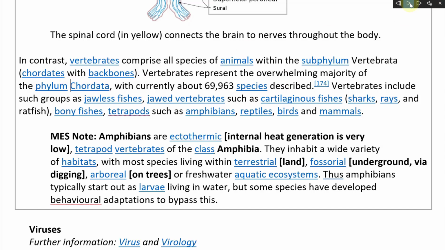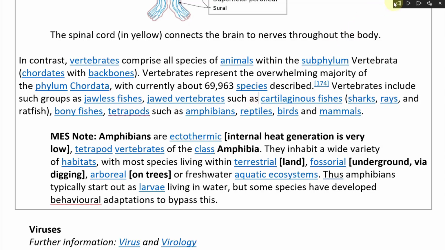Let's see the pronunciation here. Chordata. Okay, so Chordata, with currently 69,963 species described. So that's a bunch of vertebrates there. Vertebrates include such groups as jawless fishes. See how you pronounce fishes? Fishes. Jawed vertebrates such as